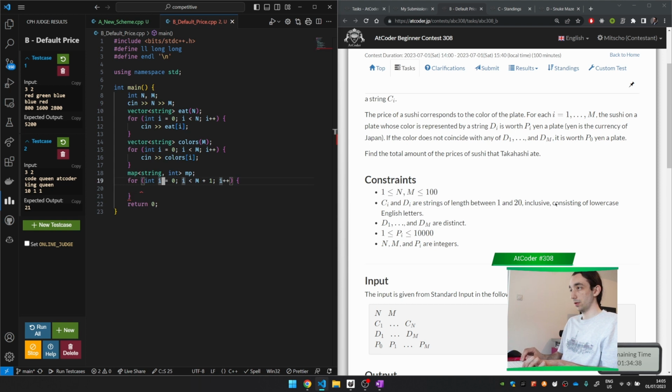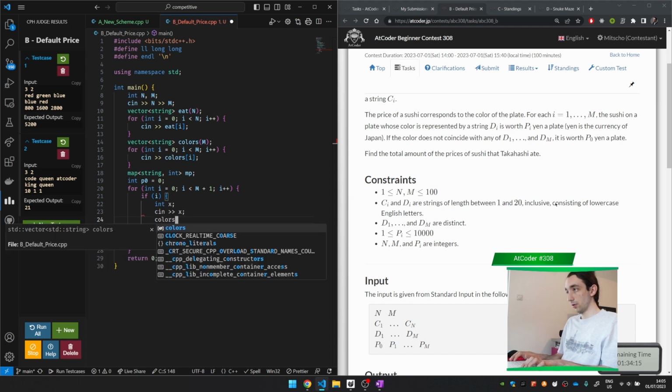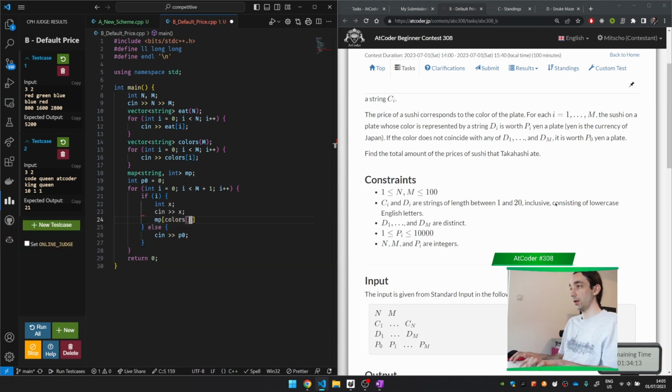So if i is a positive number, map of colors of i minus 1 is equal to X, else just remember P0, and P0 is here. So we map all of the colors, we have P0, then we go